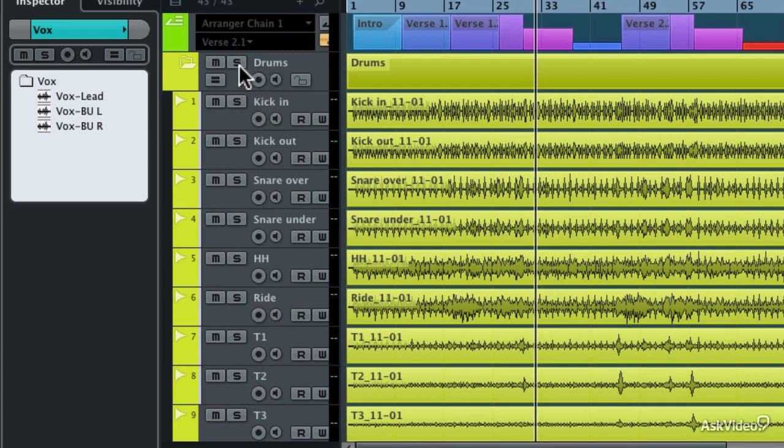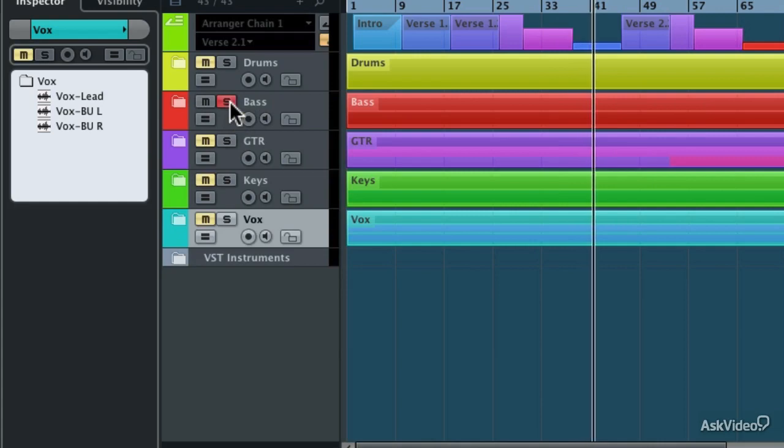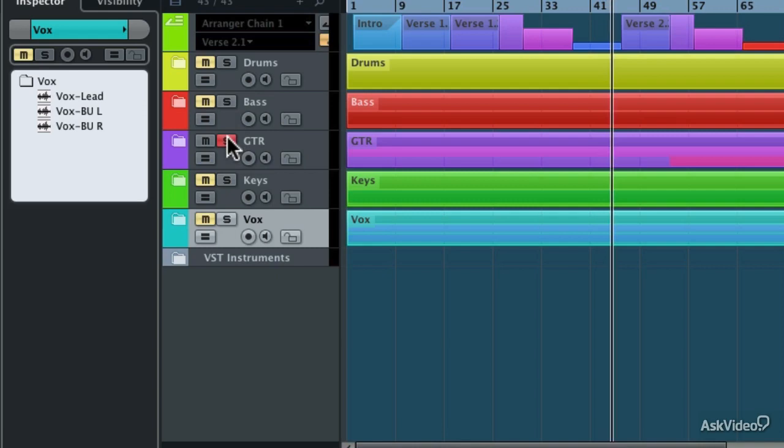Or if you wanted to solo just the drums, you could click the solo button of that drum folder, and now when you listen to the project, you'll be hearing nothing but drums. Now if I click solo again and then close up that folder, I could listen to the bass by clicking the solo button on the bass folder. Same with the guitars, keyboards,